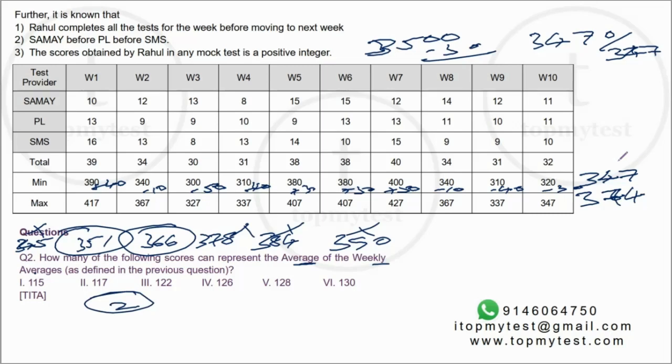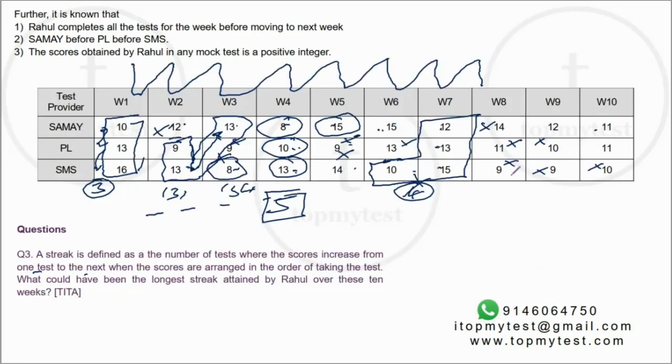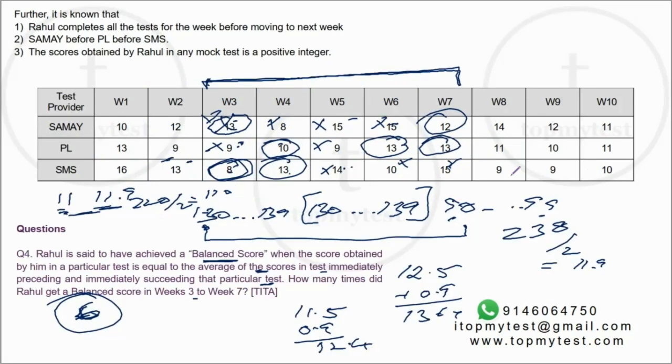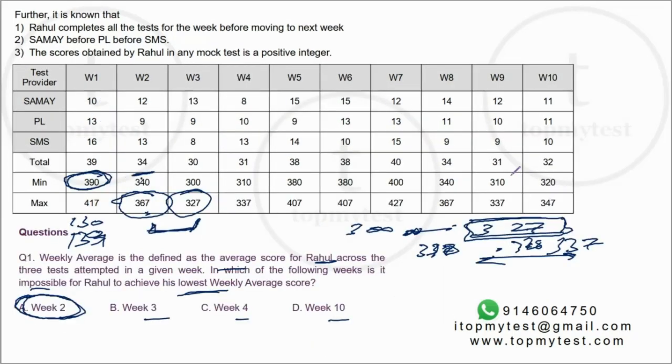This is a pretty brilliant set in the sense that it looks like initially there's going to be a lot of calculation. There is some calculation. For example, we had to calculate the overall averages. But in the first part, there are 2-3 questions which you can solve very quickly without doing a lot of calculations. You need to identify that. And once you do the calculation, you should be able to reuse it and do it as quickly as possible. In an exam situation, it should take you between 10 to 12 minutes, maybe 13 minutes.